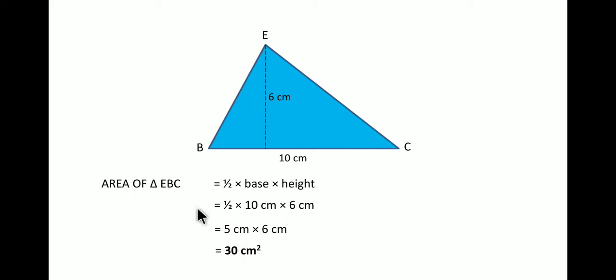In the previous method also we obtained the same answer but using a lengthier process, and here also we are getting the same answer using a small formula. This formula is: area is equal to half base into height. With whichever triangle it is, whether it's an obtuse angle triangle or an acute angle triangle, the formula remains the same. So this is the way you have to find the area of the given triangles.